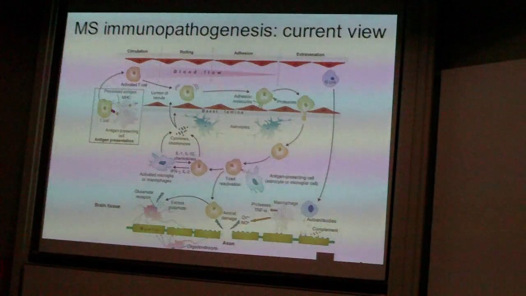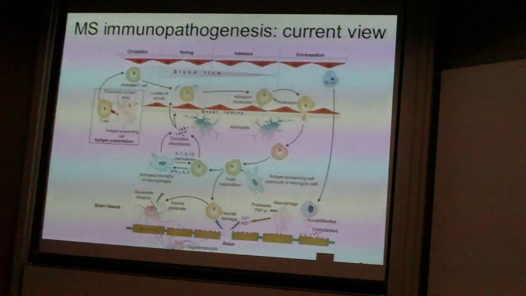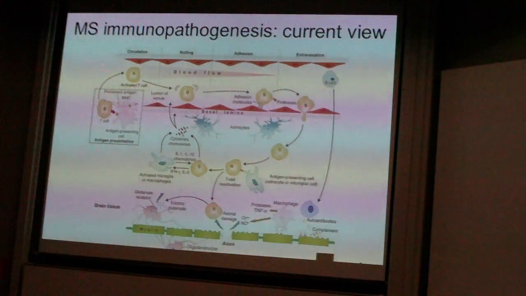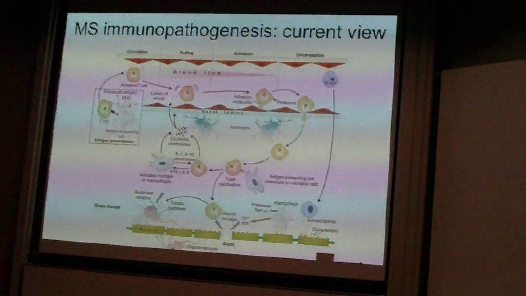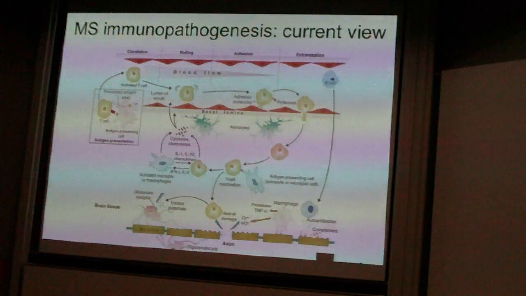In one of the diseases that we're interested in, which is multiple sclerosis, we know that T cells start a process that ultimately leads to tissue damage in the brain and the central nervous system. So in this case, we believe that in the blood compartment, T cells become activated. When T cells are activated, they can upregulate specific molecules which allow them to infiltrate into the central nervous system, for instance, into the brain. When these T cells are trafficking to the brain, they can be reactivated in the central nervous system, and this may then lead